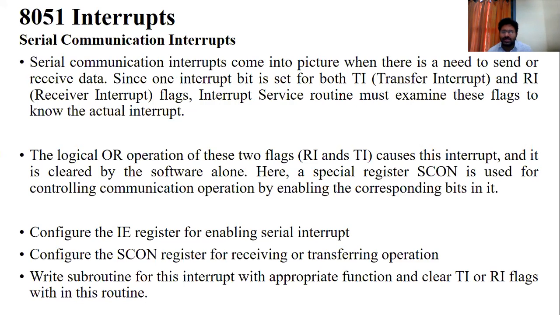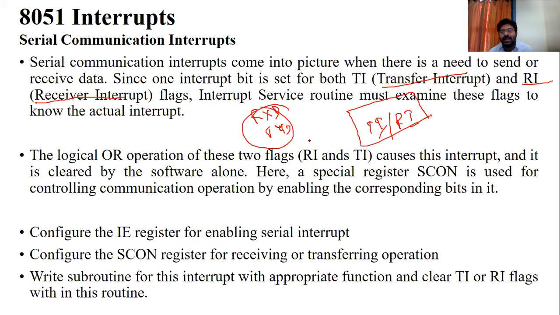You have two types. It may be the TI transmit interrupt, or the receiving interrupt. Serial means the RXD and TXD pins. The transmit interrupt as well as the receiving interrupt are both available at the same pin, so you can represent it as TI/RI. In the transmit mode, we are using the TI flag. In the receive mode, we are using the RI interrupt. So in serial, on the same line we transmit the information and also receive the information.